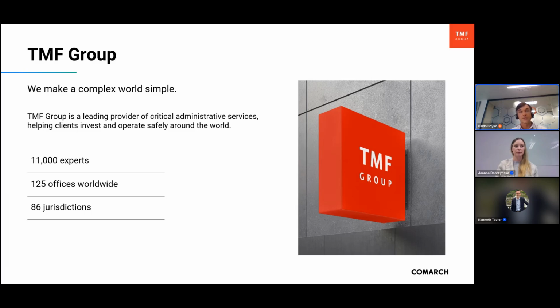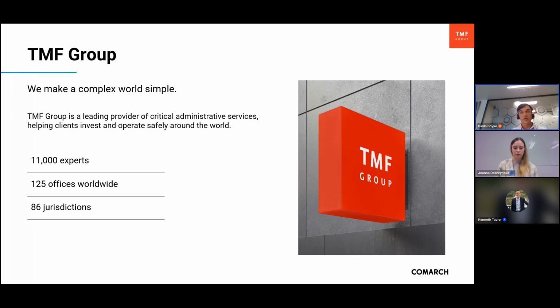models that you've presented. But before we deep dive into the risks, I just wanted to introduce very briefly, for those of you who do not know us, TMF. Joanna and Kenneth here represent the technology provider, and if everyone is aware of that triad of people, process, and technology, then probably I represent the P and P, processes and people. So we're a global organization doing compliance, accounting, and tax, including for other clients. We're 11,000 people strong, and everything that I'll be mentioning today is the wealth of knowledge coming from our local